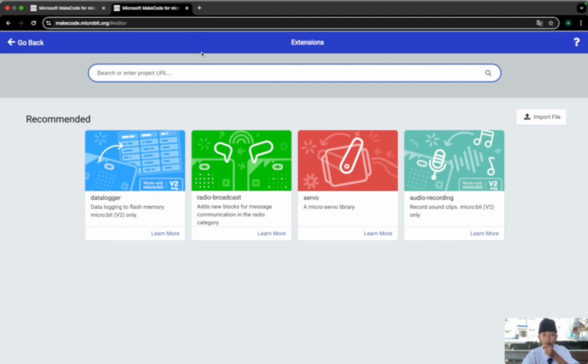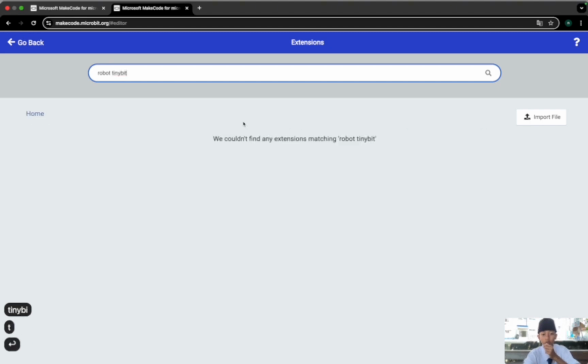So here we must have the link or the URL. When we search here for robot TinyBit, there is none.